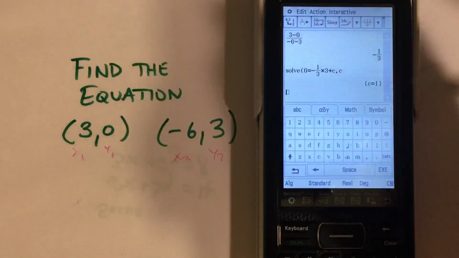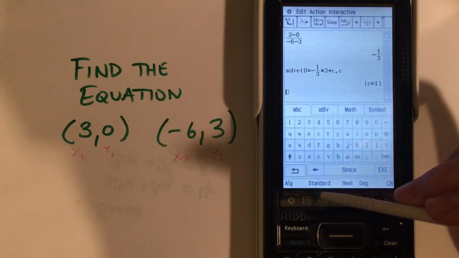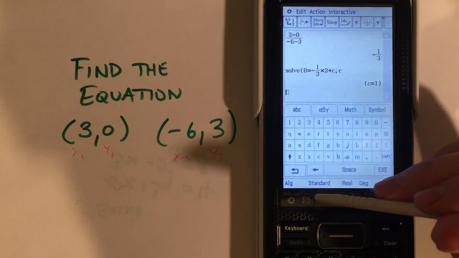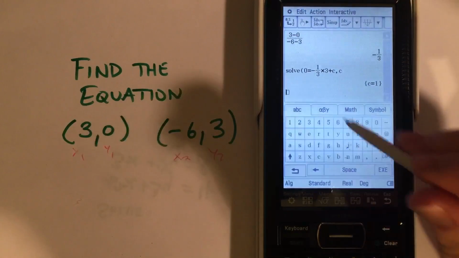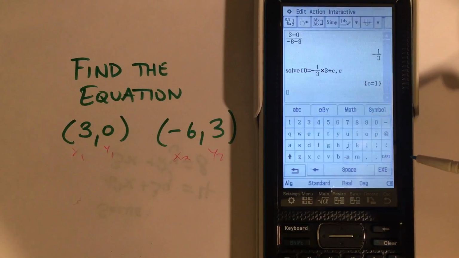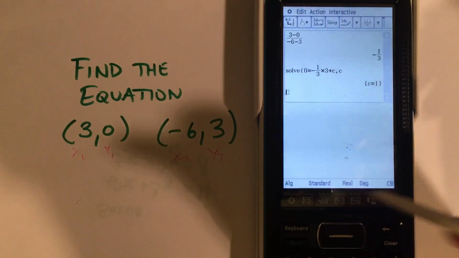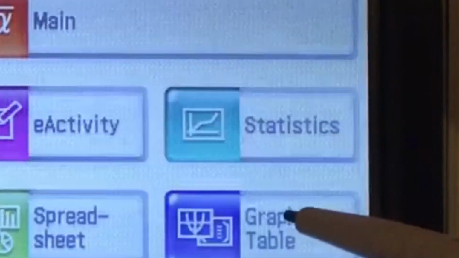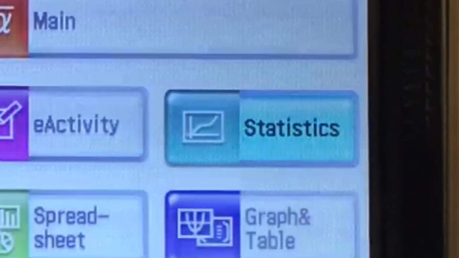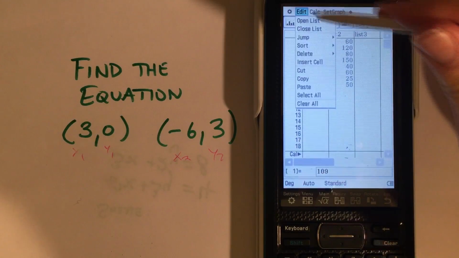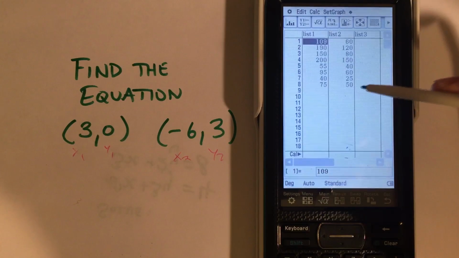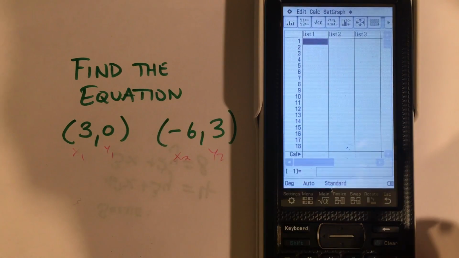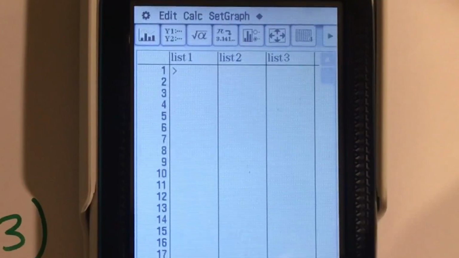So that's one way of solving it, which can be very, very useful. Another way of solving it, which won't get you an exact value, which is what we prefer in advanced maths, but it can give you a very good approximation. If you go into the statistics button in the main menu, we'll just clear whatever junk we've got here. And if I put in those coordinates 3,